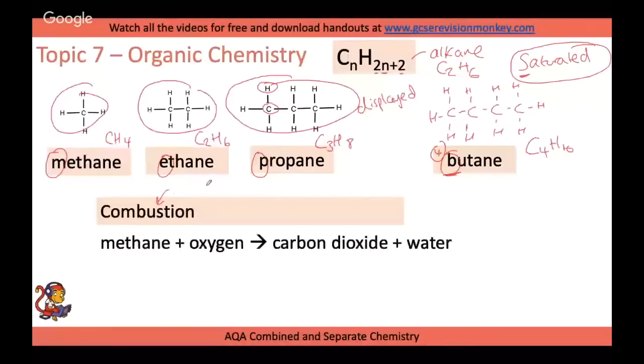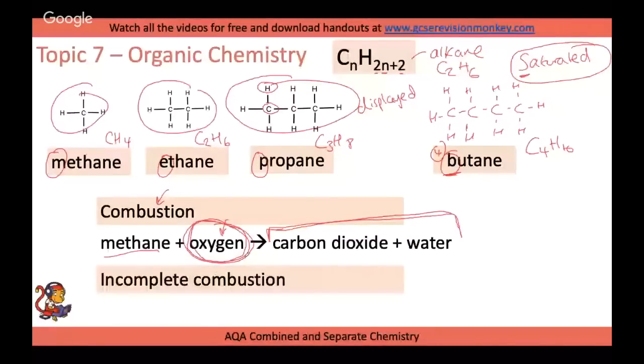Let's take methane, for example. When we burn methane, we're reacting it with oxygen in the air, and the products are always carbon dioxide and water. And obviously this can link to global warming. So ethane and oxygen would still make carbon dioxide and water, and propane and oxygen would still make carbon dioxide and water. If there wasn't enough oxygen in our reaction, we would do something called incomplete combustion,